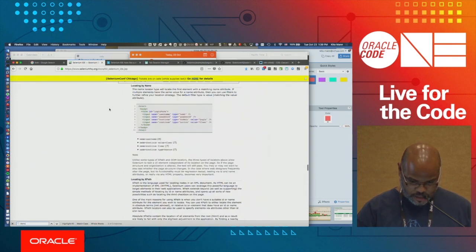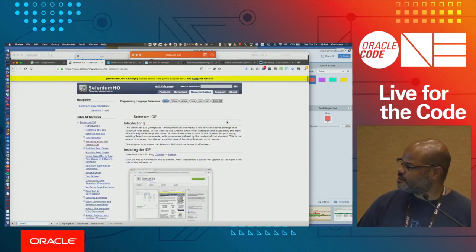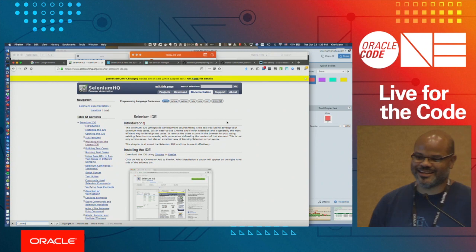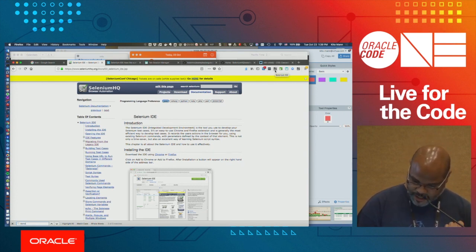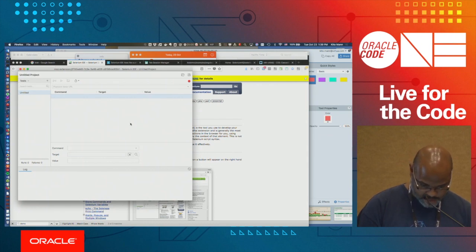And if you ever go to the Selenium website, it's actually one of the ugliest websites I've ever seen. They have not updated the look and feel in probably over a decade, but it does have decent information. There's also a lot of information on the Selenium wiki on GitHub as well. So I've installed this plugin. As I said, it works in Firefox and Chrome, okay? And what I can do is, if I go to a base URL,